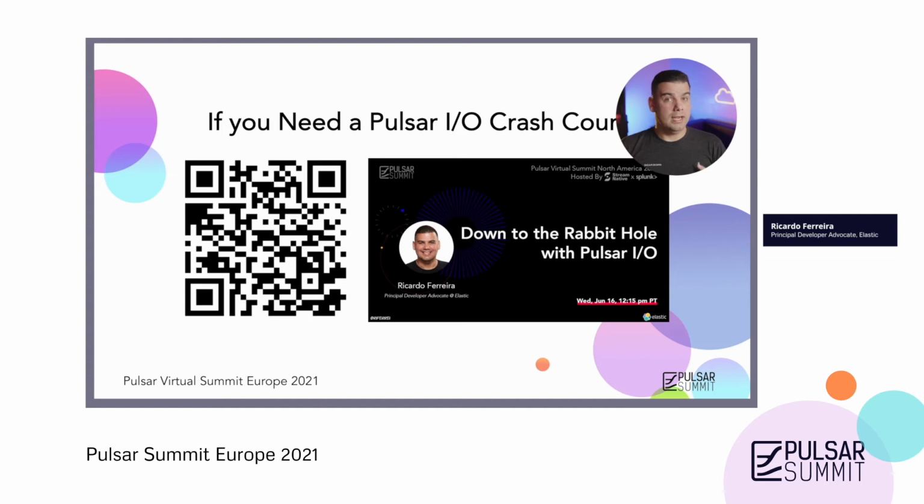Like I mentioned before, in this session we're going to be talking about how you can develop your own connectors for Apache Pulsar. And for this, we're going to be leveraging Pulsar IO. In this talk, we're going to be focused strictly on the APIs and the framework itself, and not on the utilization and the operational details of the framework. If you want a crash course about this, you can scan this barcode and you'll get access to the presentation I did earlier this year at Pulsar Summit Americas. In that session, I covered in full detail how the Pulsar IO framework works, the architecture of it, and all the operational details that you as a developer and a user need to know.